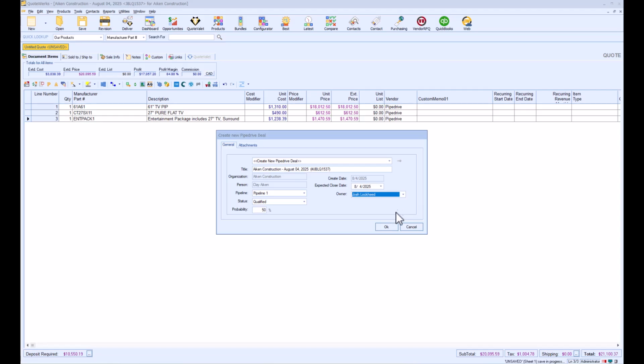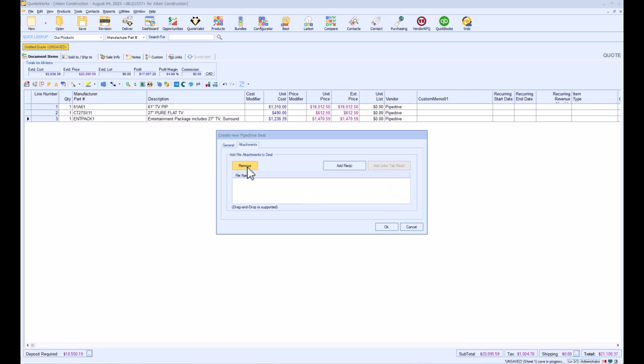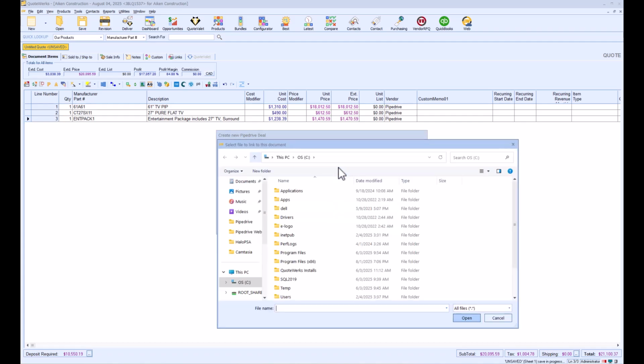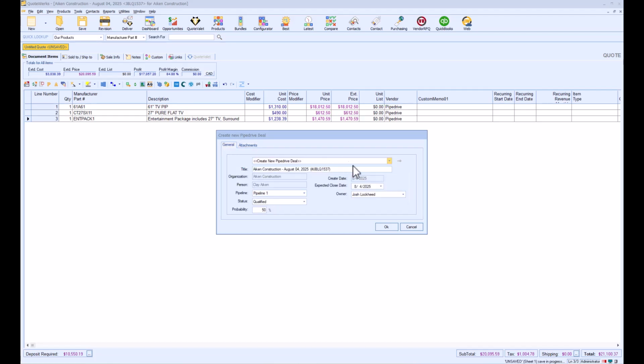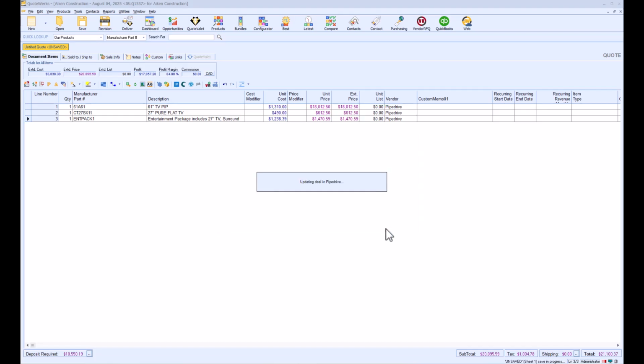You also have the option to include other attachments with the deal. If there's any additional documentation that you'd like to attach to the deal in Pipedrive, you can add the files just by clicking on Add Files or dragging and dropping the documents into the window. Once you've added the files to the deal, simply click OK to save your settings and create this new deal